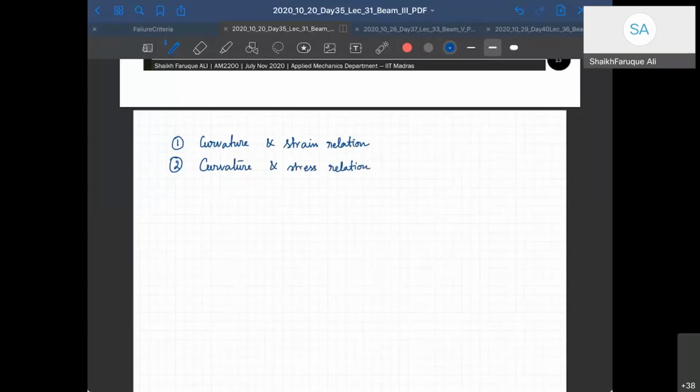Also, a few things we learned about the neutral axis. We still don't know how to find it, but we've learned its definition, and its usefulness is also learned. Okay, so what we did to find curvature. So curvature is what? If you have a beam,